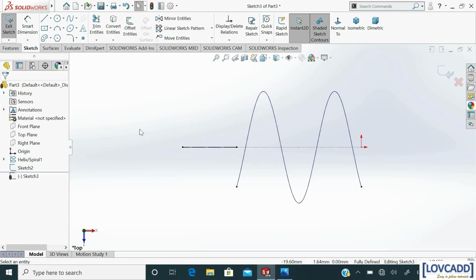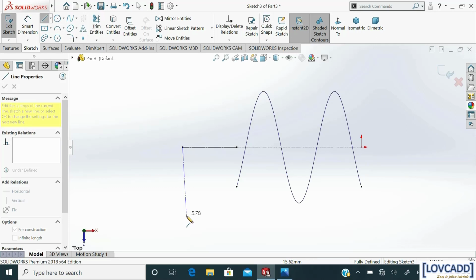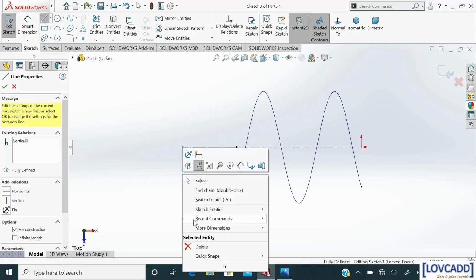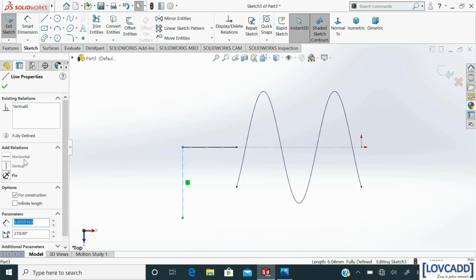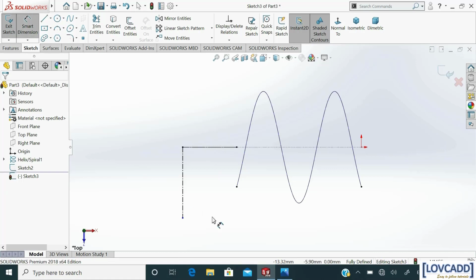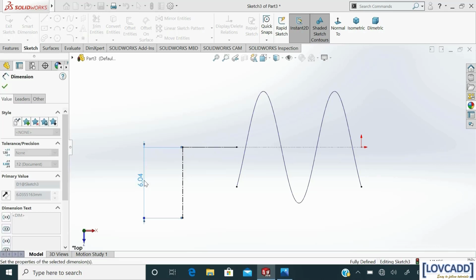Check for construction geometry. Now select center line, draw a center line. Check for vertical. Select smart dimension, assign the dimension as 12.7 mm.